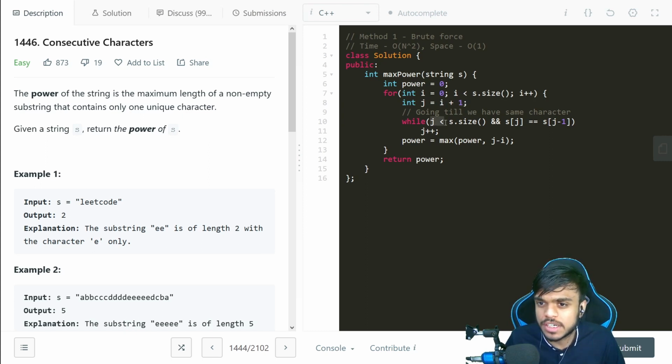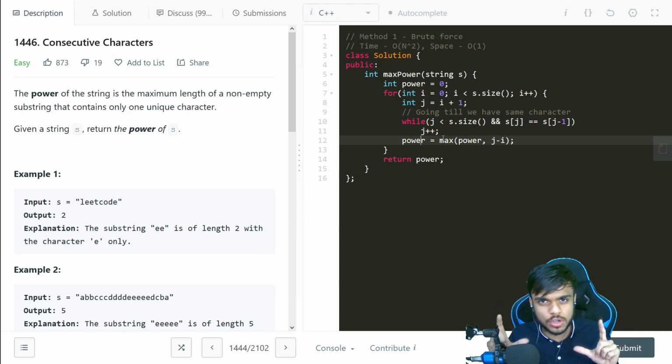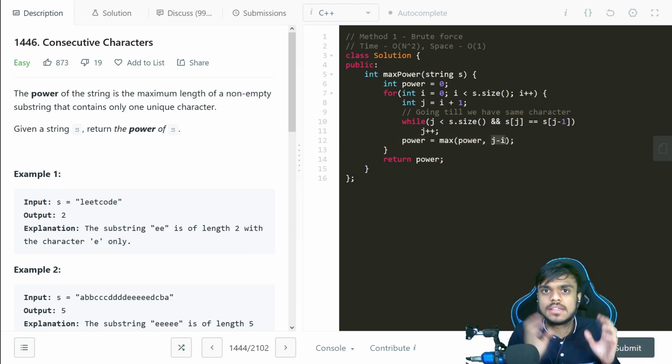Then we keep moving till we either reach the end of the string or we no longer have the same character. Once we reach that point, where we have got the substring, we take the max of the current power that we already know and the current length of the substring. Then we return the power.